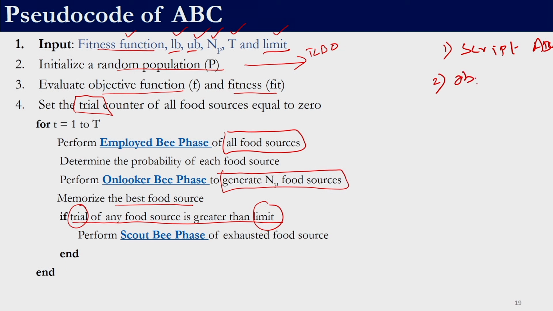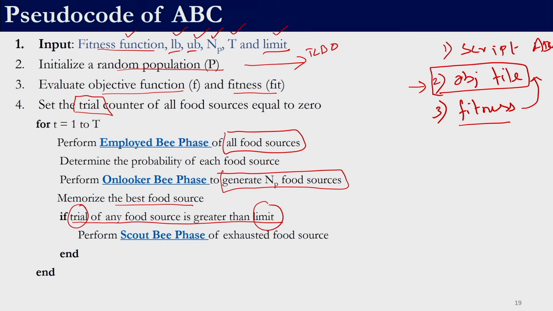So, we will have that objective function file, and here we will have another file for calculating the fitness, because as soon as we calculate the objective function, ABC requires the fitness value. Instead of directly determining fitness in the objective function file, we will use a separate function which will just return the fitness value. This way we do not need to disturb the objective function files which we have already created, because I can use them directly with other algorithms. So, let us not disturb the objective function files, we will separately write a function to determine the fitness, and all of this we will implement in the script file.